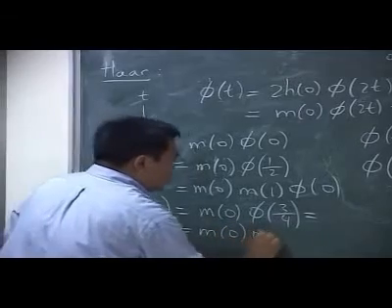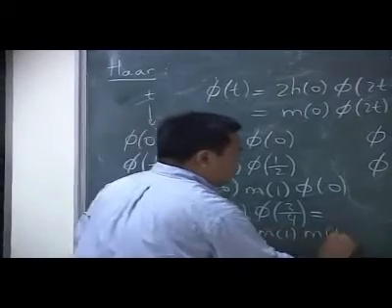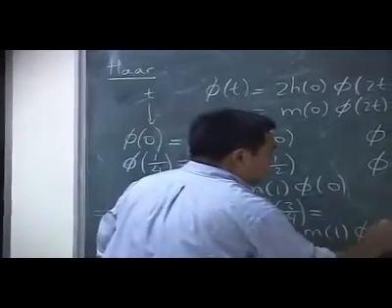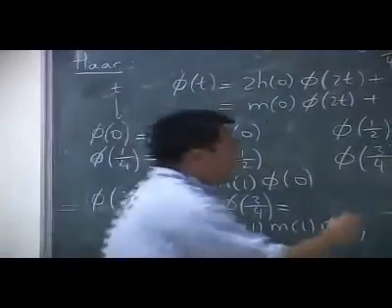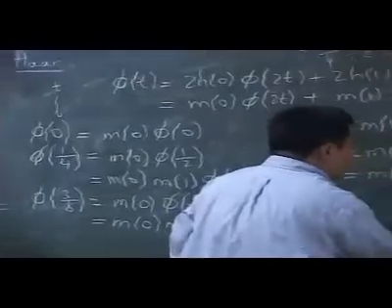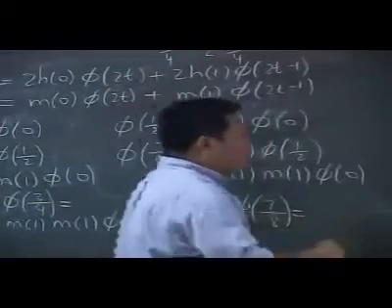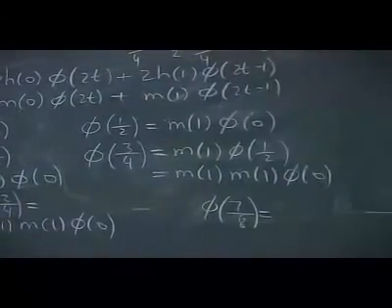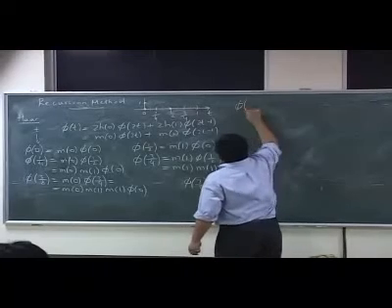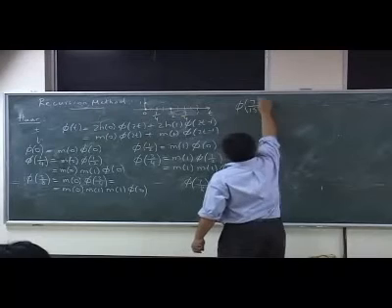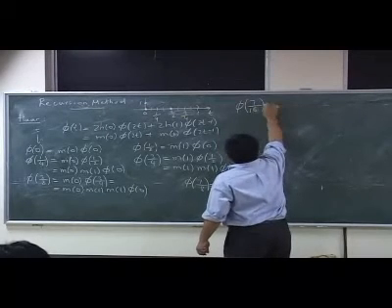M0, M1, M1 phi of 0. Okay, tell me how to find phi of 7/8 without knowing anything. Who can see the pattern? Phi of 7/16, sorry, equal to